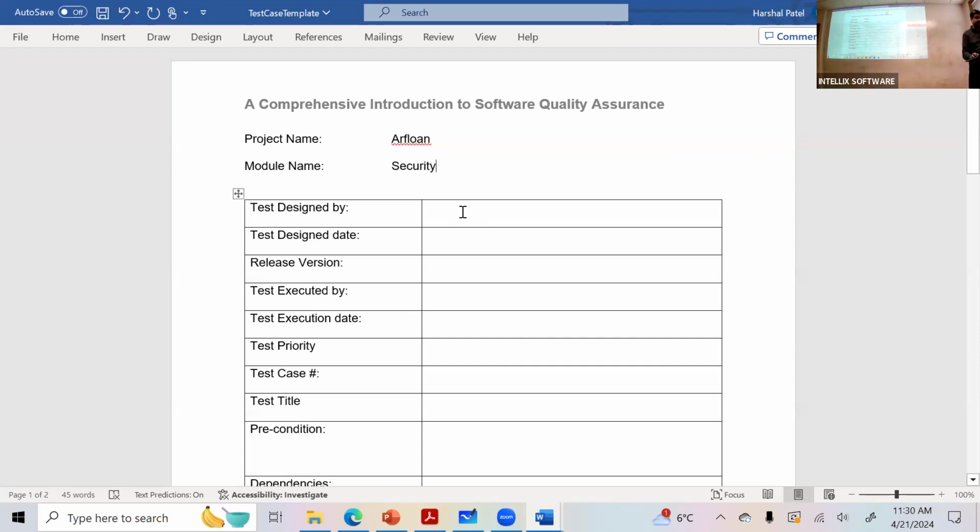Okay. Let's say I'm the one writing the test case. Let's say today's date is when I'm writing it the first time. The release version, let's say I'm going to do the first version of the test case. Right now, I'm still writing it, so I'm not executing anything. I'm just designing it.